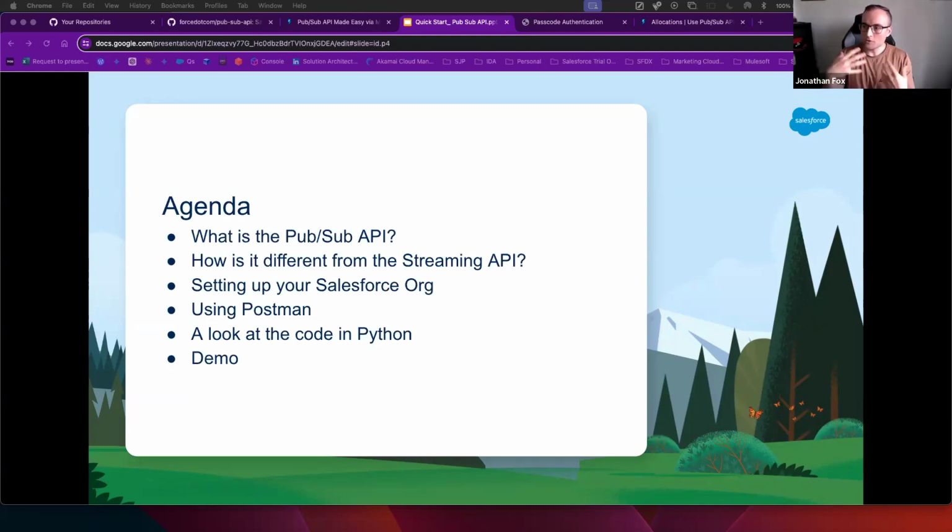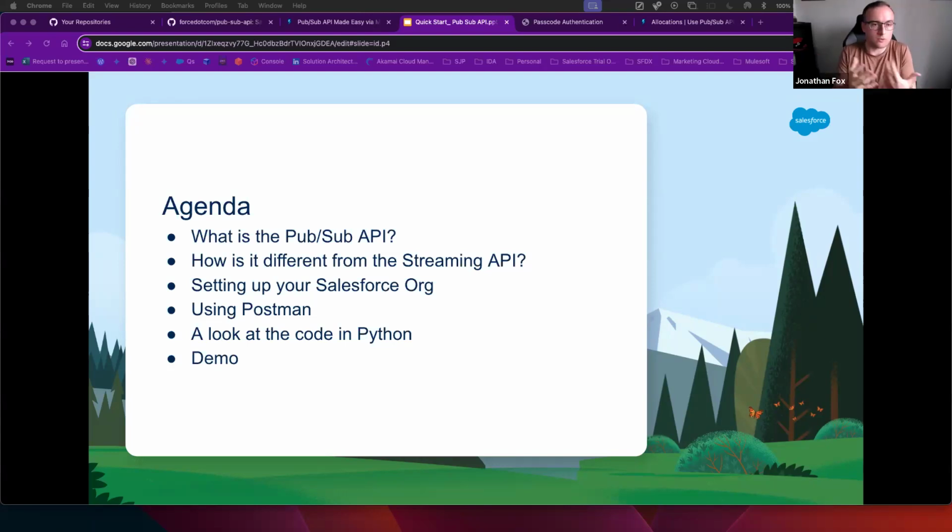So understanding what the PubSub API does will hopefully give you the opportunity to be a bit more comfortable with the API itself, and then start being able to fit it in and weave it into your designs and your solutions, obviously where applicable. We don't want to just do it for the sake of it. But what that involves is, and it might be teaching most people, if not everyone on here, how to suck eggs, but hopefully, I don't want to just take that for granted.